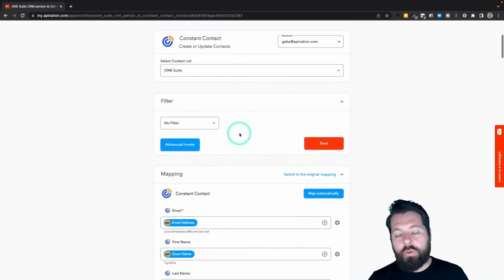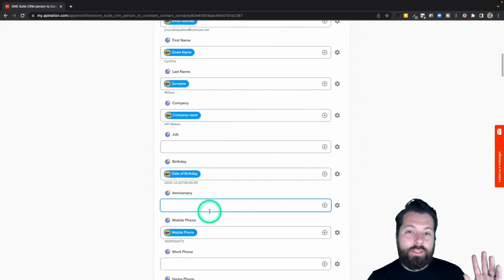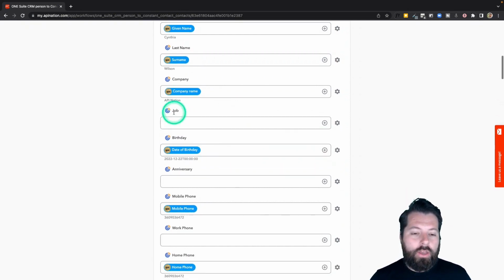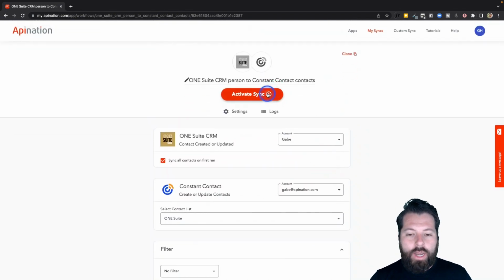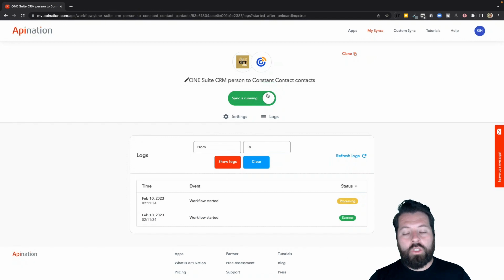One thing to note, these fields here in Constant Contact that you can sync to, Constant Contact allows you to build custom fields for your audiences, for your lists. So if there's something else from OneSuite you want to send over, add a custom field in Constant Contact, and then it'll appear here, and you can drop in that OneSuite field there. I'm going to activate this sync. It's all ready to go. So there we go. Now all my OneSuite contacts are getting pushed into Constant Contact so I can send out